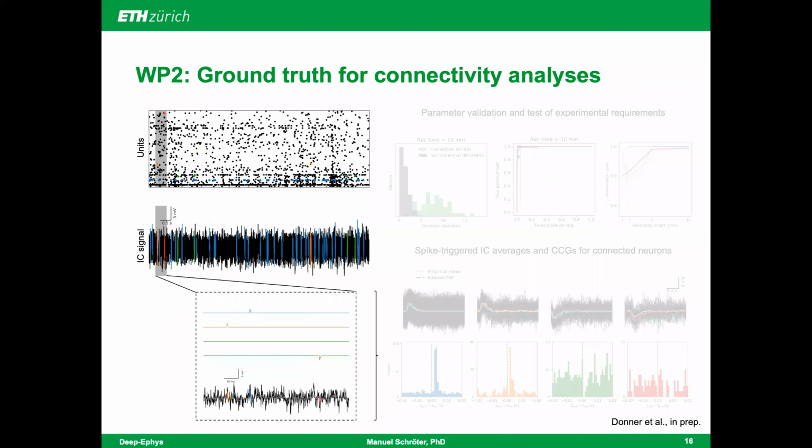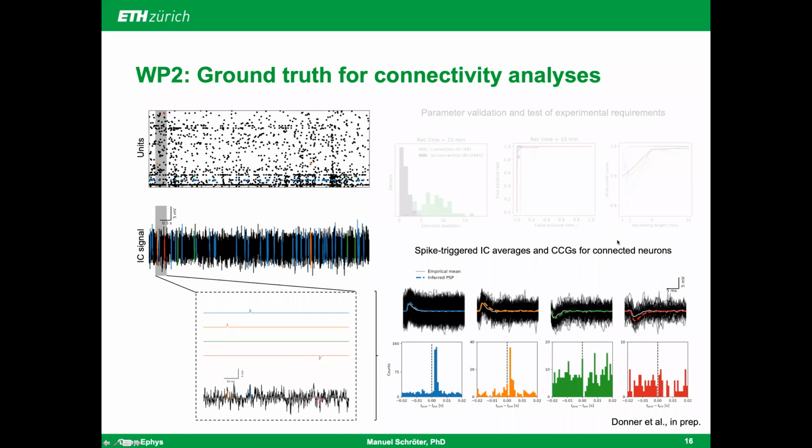Next, Christian simulated a network of 300 leaky integrate-and-fire neurons with input from empirical spike trains and with known connectivity structure. So this was a model. In the panel on the left, you see a raster plot with some ongoing spontaneous activity, and below a simulated intracellular signal with either excitatory or inhibitory postsynaptic potentials from 4 different presynaptic neurons. On the right, we see spike-triggered activity cutouts and averages for each of the selected 4 neurons and corresponding cross-correlograms for each neuron pair.